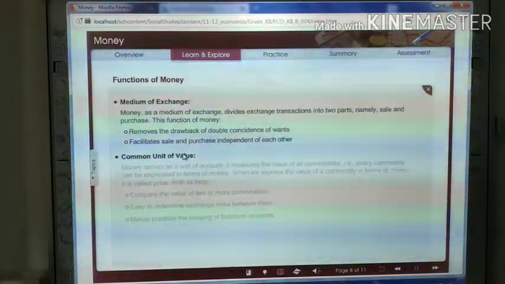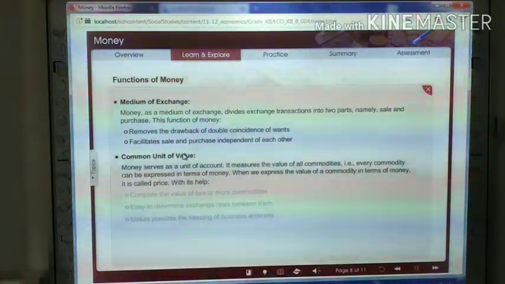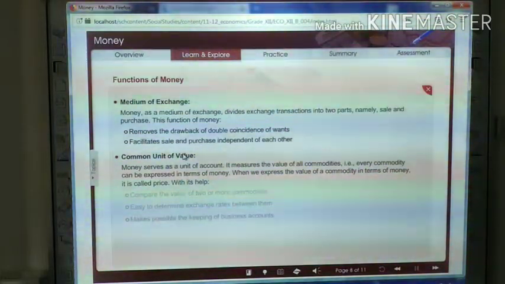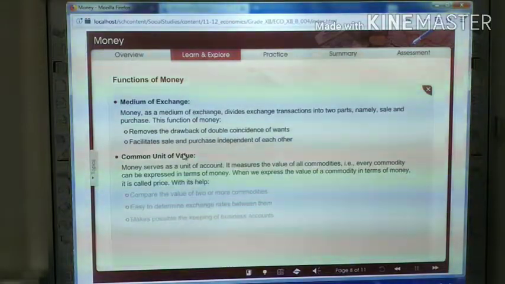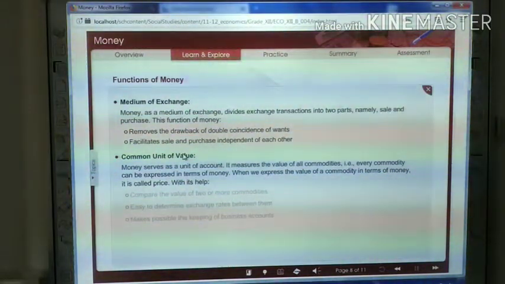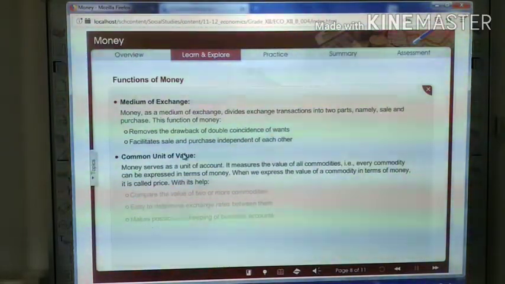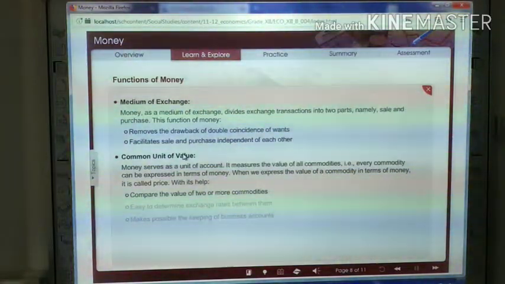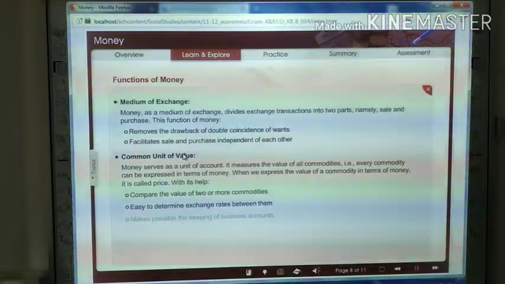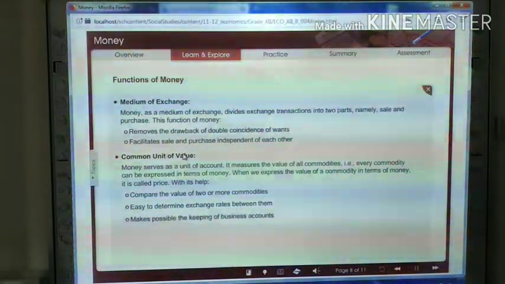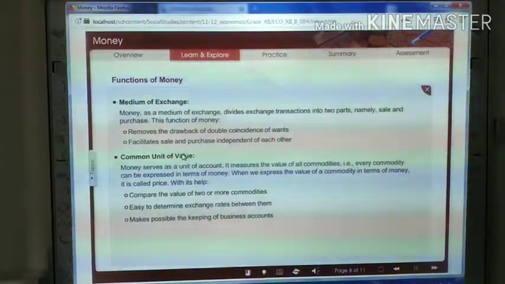Common unit of value. Money serves as a unit of account. It measures the value of all commodities. That is, every commodity can be expressed in terms of money. When we express the value of a commodity in terms of money, it is called price. With its help, we can compare the value of two or more commodities. Also, it is easy to determine exchange rates between them. This function makes possible the keeping of business accounts,